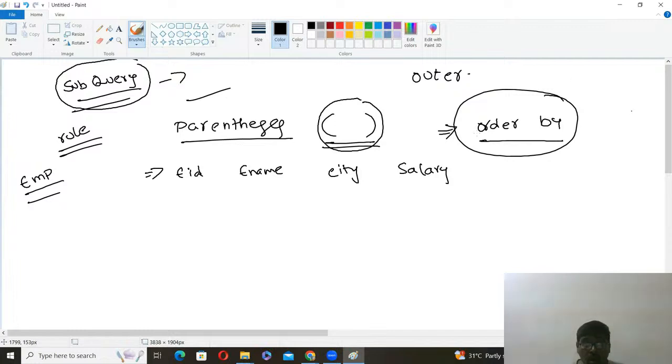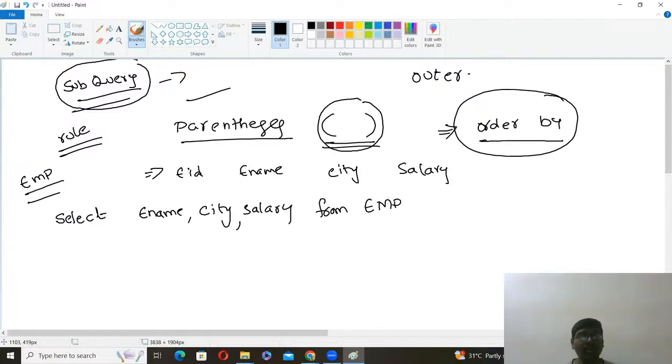Now I will write a query like this. Select the columns you want. For example, I want employee name, comma, city. If you want salary, you can write all the fields or else write star. From